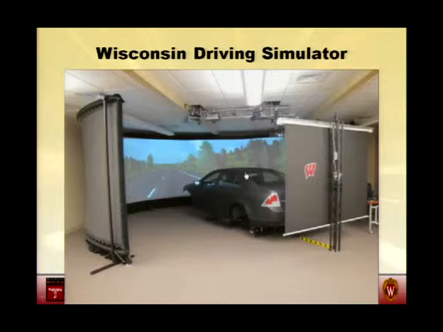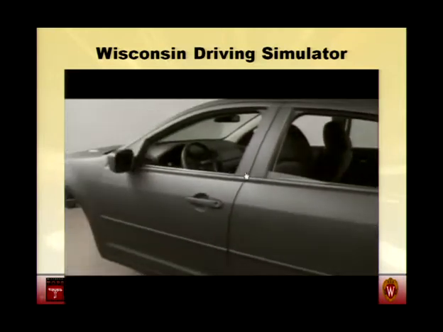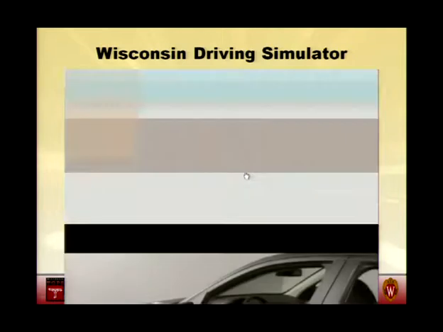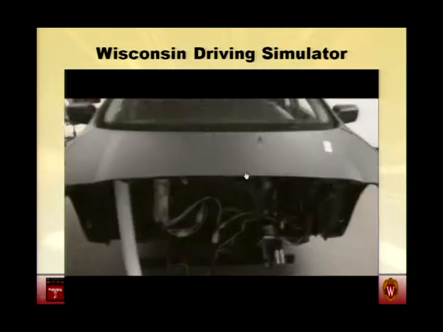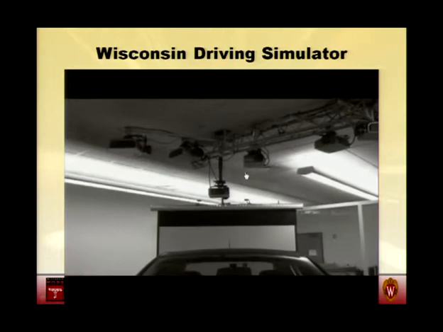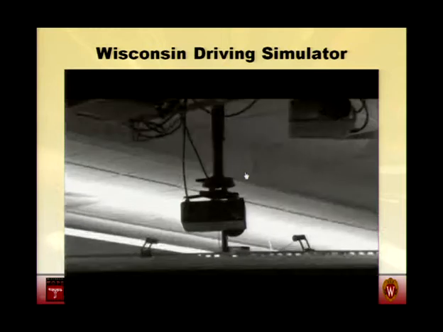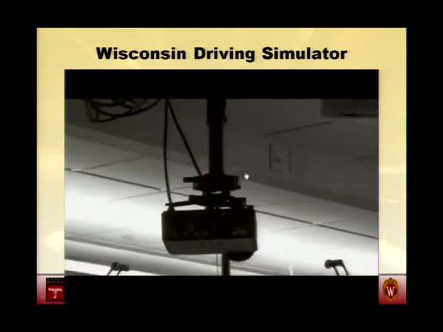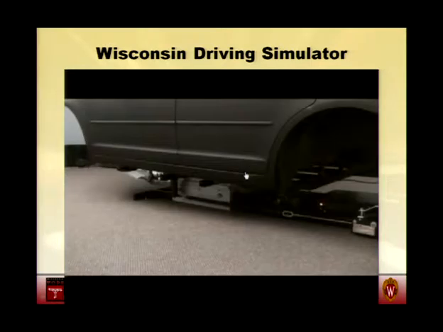And I put together just a quick little video clip here to show you some of the elements of our simulator. So for those of you who are from Oregon State or been to Oregon State, the vehicle is essentially the same as theirs. We do a little bit different with the screens. So if you notice, there's a curvilinear screen in the front that extends 240 degrees. We have a rear view mirror and screen in the back here with a 5 projection system, so a few more projectors than what they have in Corvallis. But a very effective tool that helps us evaluate drivers in these safety analyses.